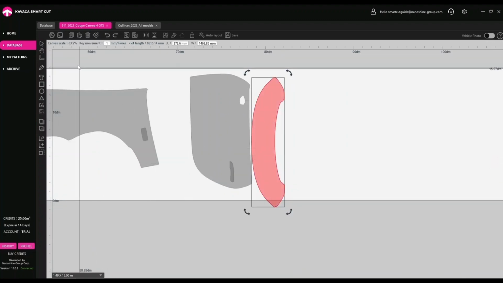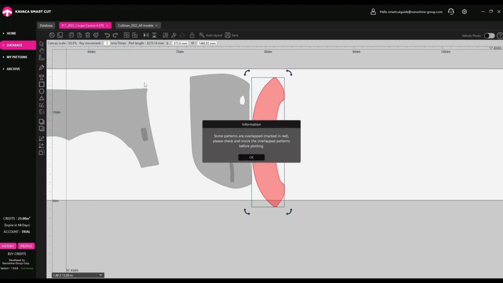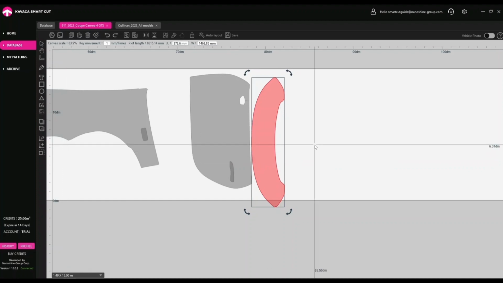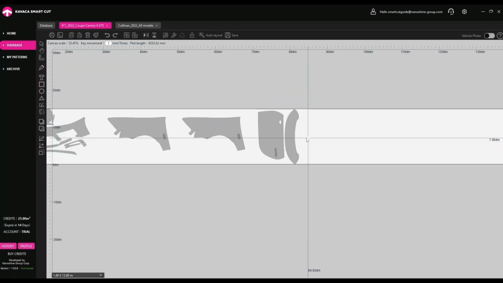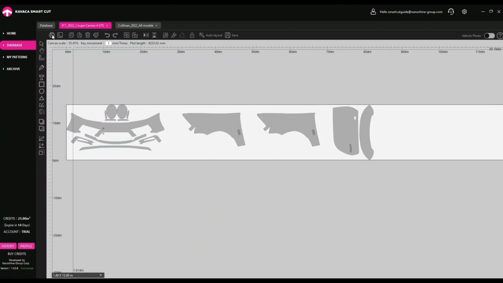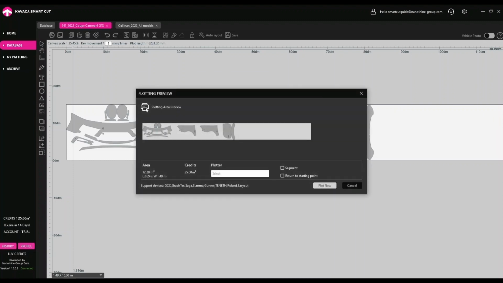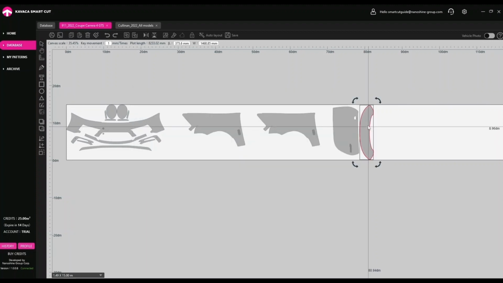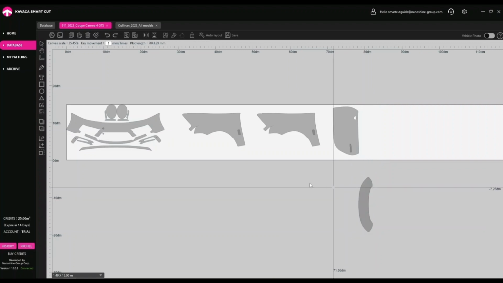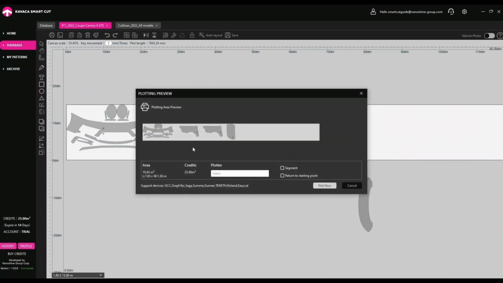If some of the parts are displayed in red, and at this moment you press the Plot button, then the program will warn you against this and will not allow you to continue cutting. After setting the correct position of the patterns on the canvas, click Plot again. In the window that appears, you see a preview of the canvas with patterns that will be cut. If you go back and remove any pattern from the canvas by moving it outside the canvas, then returning to the preview, you will see that this pattern is not there and it will not be cut.